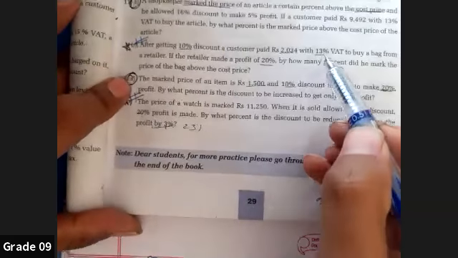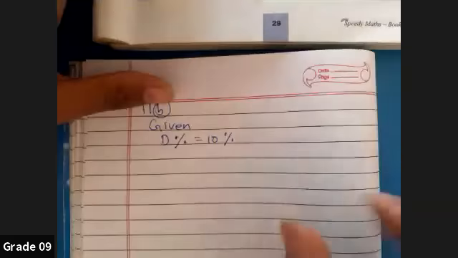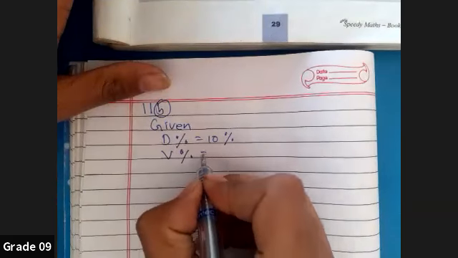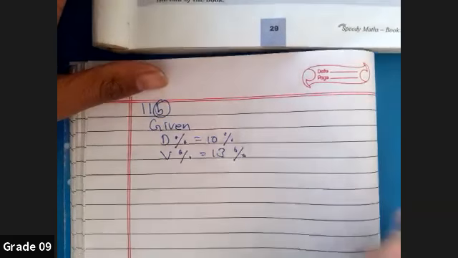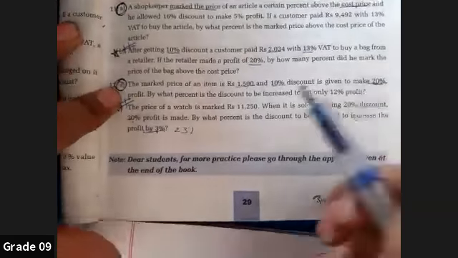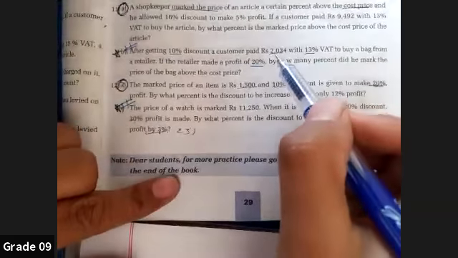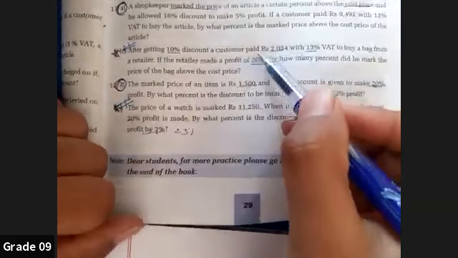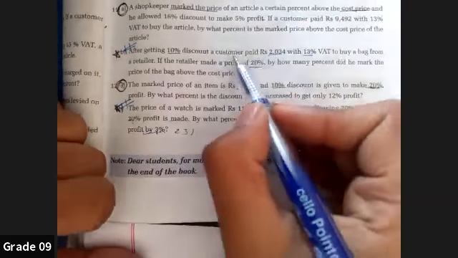And when I further read another part of the question, there is 13% VAT also given. So VAT percent is 13%. And this 2034, very important thing, this is the main thing here, 2034. So now what do you think, is this the amount paid by the customer?